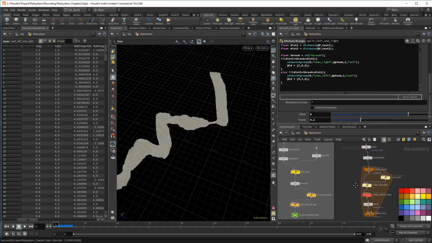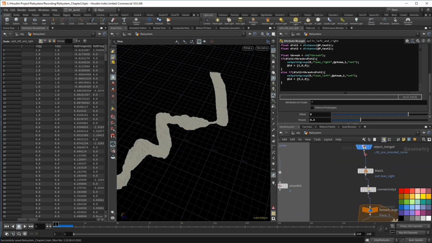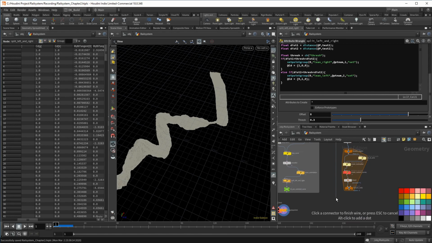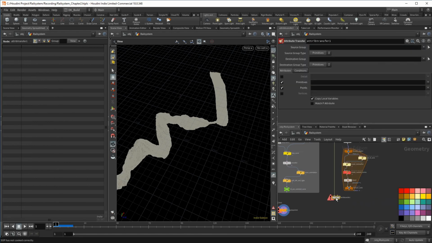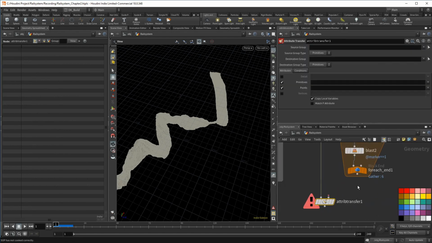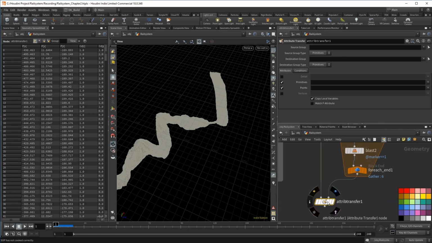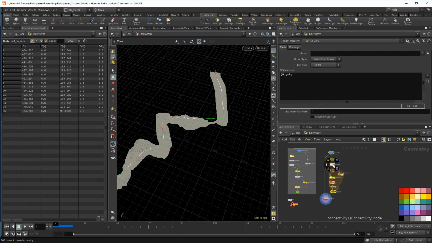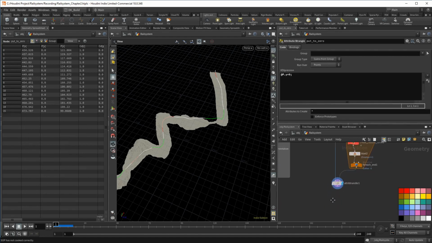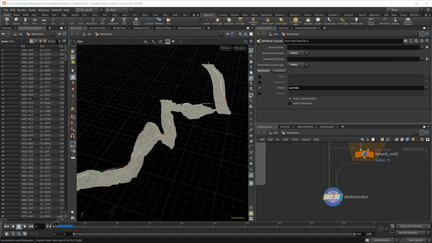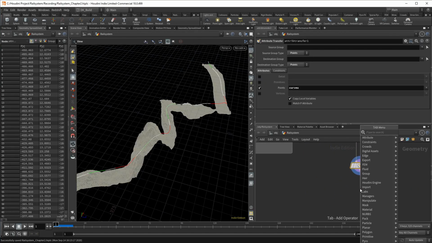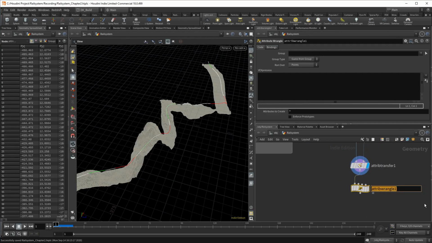We established a custom attribute, but now we have to actually apply it to the curve. First, we just need to get the attribute on it. Throw down an attribute transfer node. We want to transfer the created curve U attribute from points to points. This node works with proximity. Since the points are the same, we should get an accurate copy. At this point, I want to rename the curve U attribute something more obvious. The curve U attribute now becomes the roll attribute.